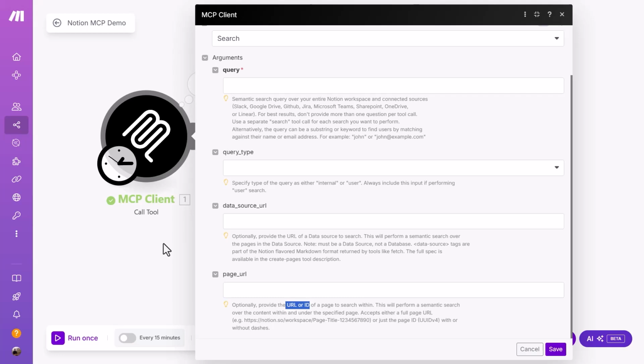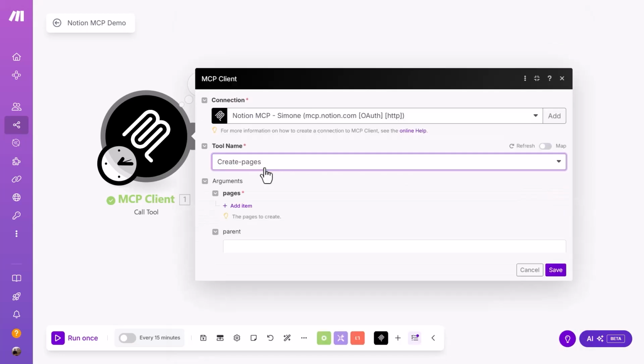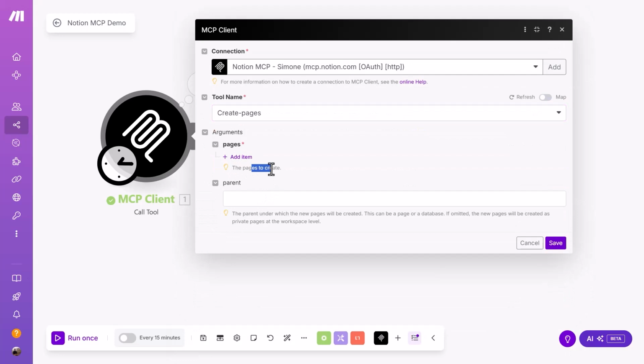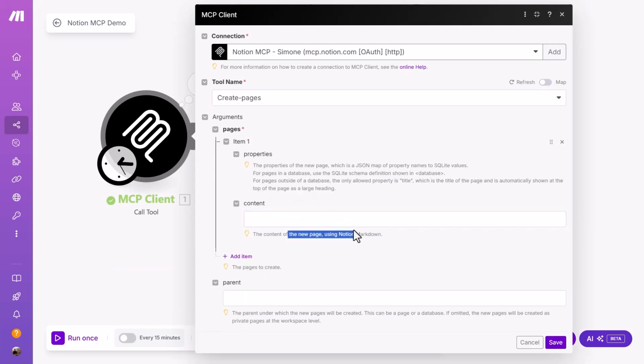And that's the most useful thing, really, of the Notion MCP server. We don't need to specify anything or figure out a way to properly navigate the block structure of Notion pages. It just outputs data as needed. When we create a page, we can define the pages to create and the parent. The parent is where to create that page, meaning a database or a page. Here we can define the content of the new page using Notion Markdown and the properties,